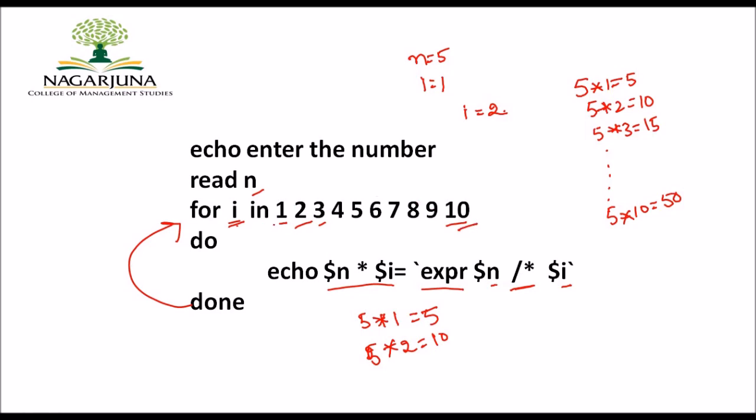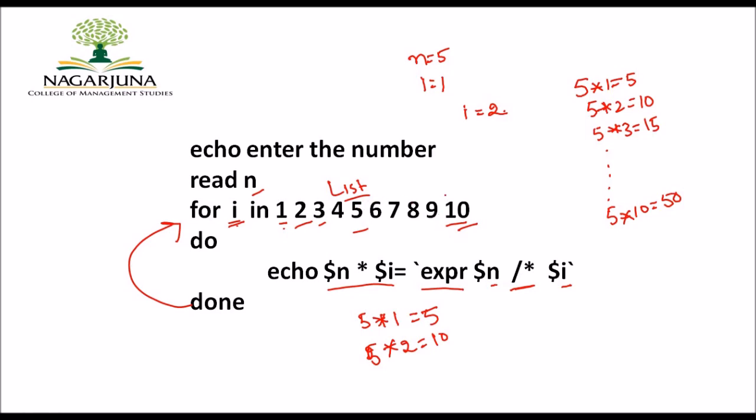So this is the range of values which we have given, where I can take the value from 1 to 10. That's why we call this your list of variables. All the statements within the block always have a dependency on the list of variables, hence your for loop is called a list controlled loop.